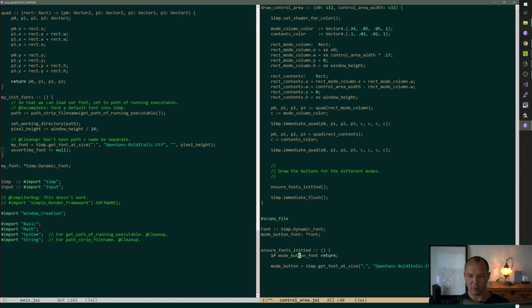That's like the whole shtick here, is we're getting that right from minute 0. So let's just say update fonts for the, just going to do this. And the mode column, rect mode column dot w. Okay. So we're going to say